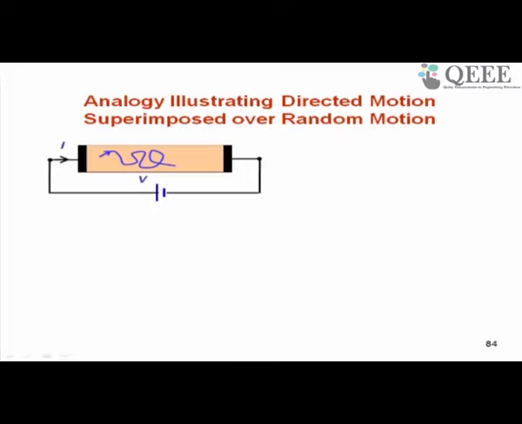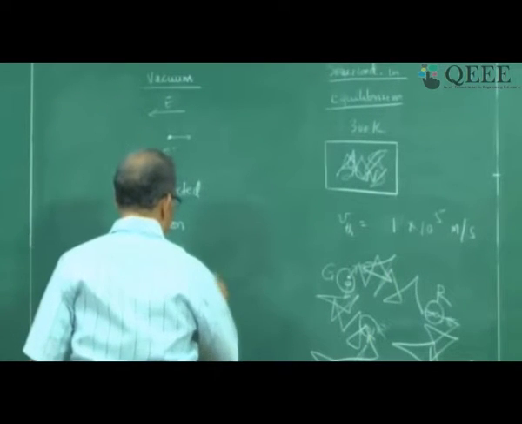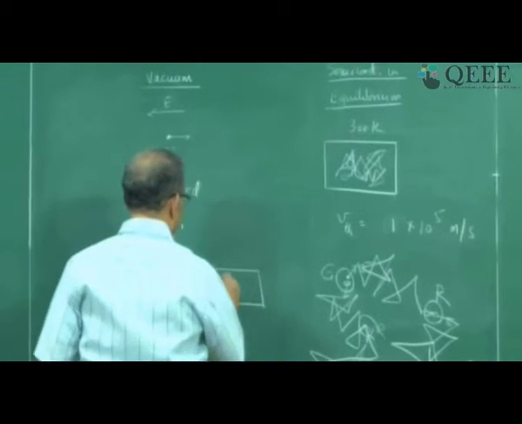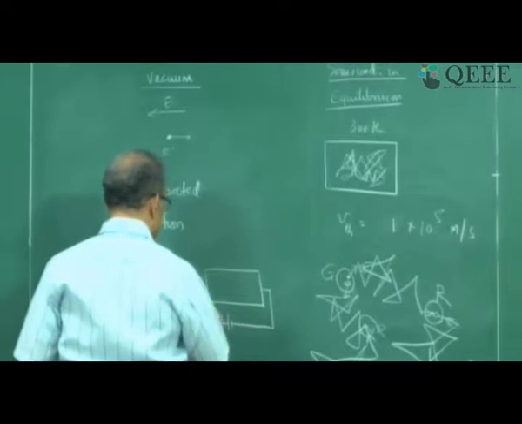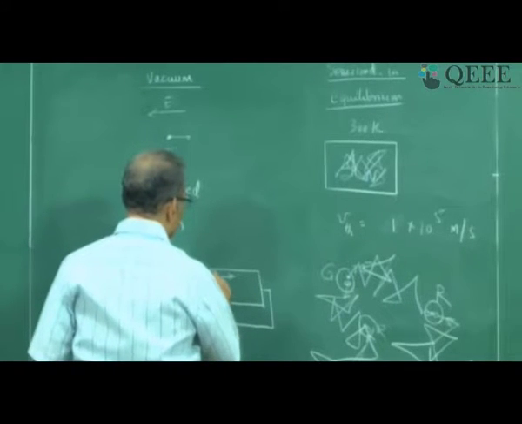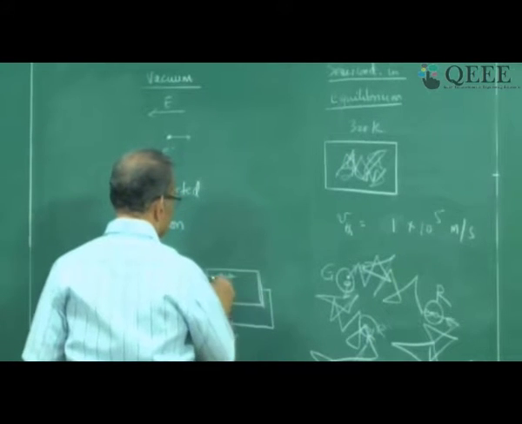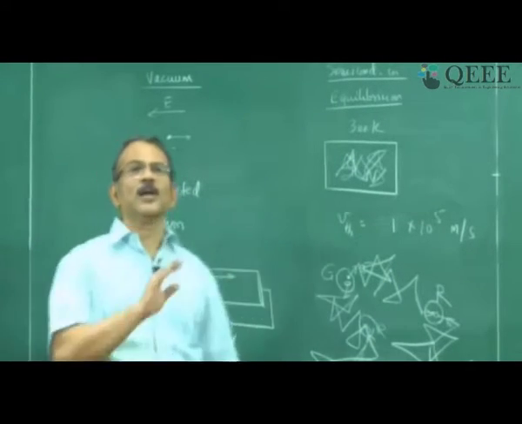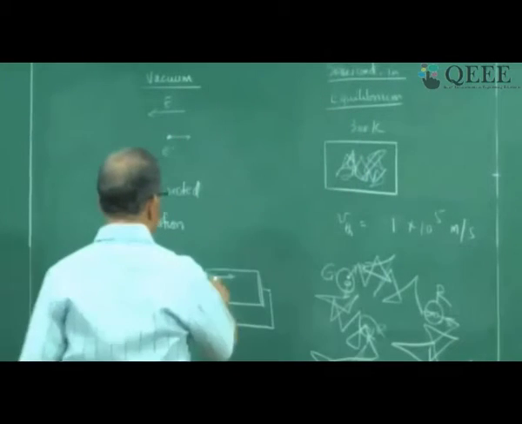So it is not correct to show the movement of the hole as a straight line. That is not a correct picture. So normally the way we show it is not the completely correct picture. So this is I, B, and we say inside the carriers are moving like this, so hole is moving from the positive contact to the negative contact, like that in a straight line. That is not the way a carrier moves in a semiconductor. Then why do we show it like this?